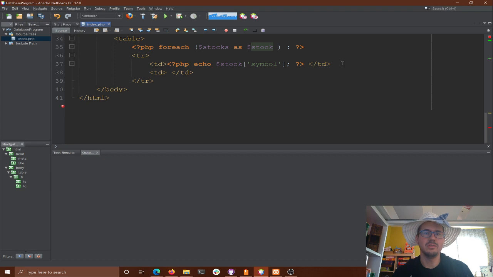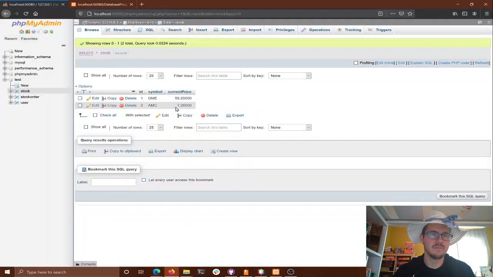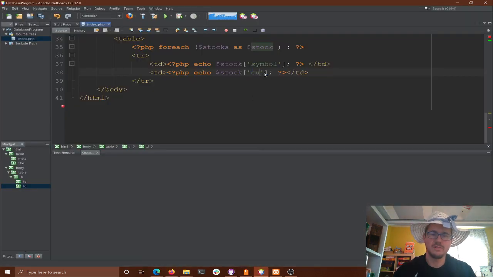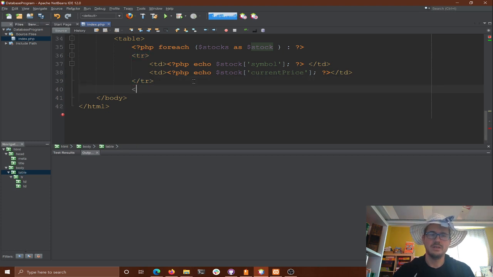So we want the symbol, and then we want the price. What do we call that? It was current price. Okay, so it's got to match. So we use current price. Okay, that's it. We're going to do that for every row. And then when that's done, now we're going to say PHP end foreach.